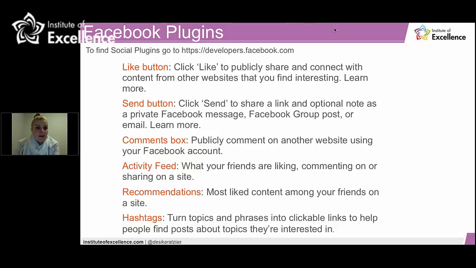Okay, the like button, send button, a comments box you might want to consider. Instead of having your own WordPress comments box, add in your Facebook comments box, again, just to drive that engagement. Activity feed, recommendations, and of course hashtag is another thing that you can embed into your posts. It's not as popular as it is on Instagram, but we'll talk a little bit more about that on the 8th. But certainly I still use my most popular hashtags. For instance, for you guys, it'll be your business name and hashtag visit the Murray.